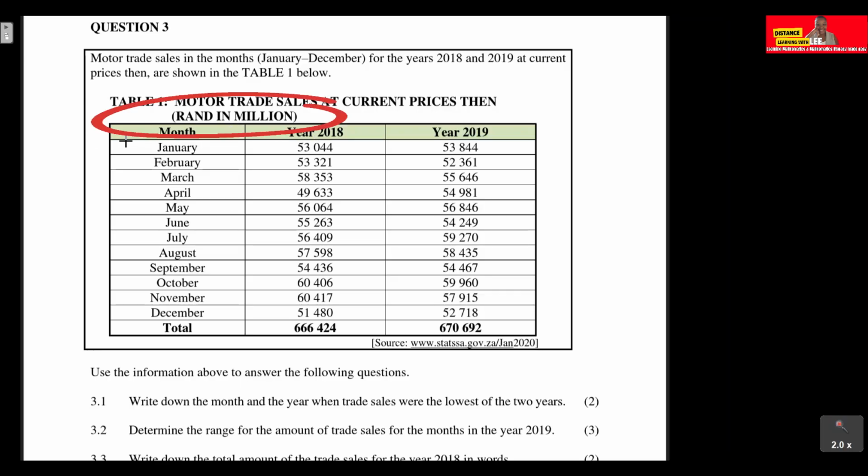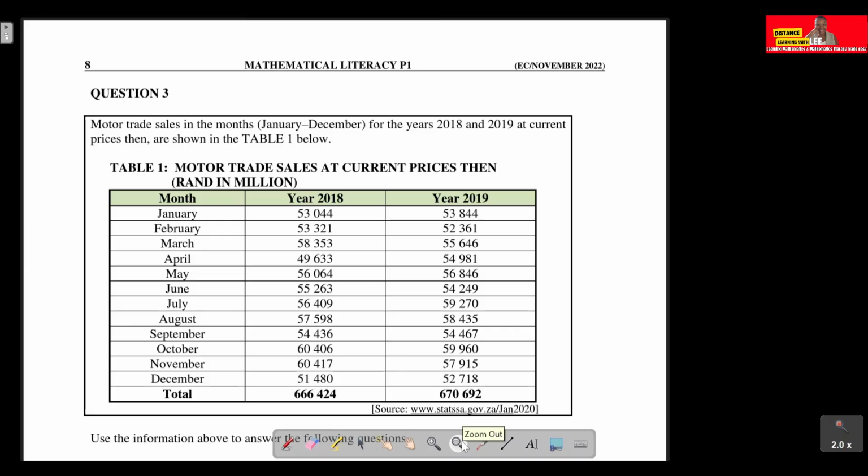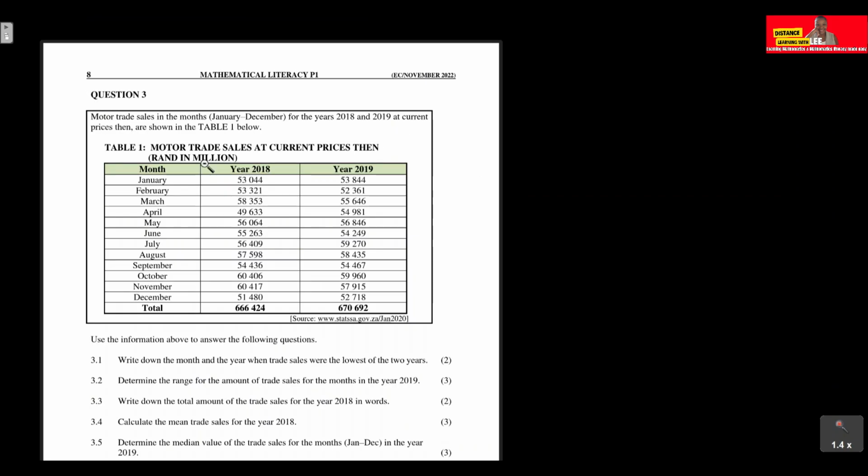Okay, let me just help you guys understand what they mean by that by just looking at the first month. So in the first month, January, right, we are told that in the year 2018, the motor trade sales amounted to 53,044 rands, right, in millions. Okay, so what does that 53,044 rands in million basically mean? Okay, so I'm going to explain that to you guys here on the side. So what does that mean? So you're basically told that the trade sales for the month of January is